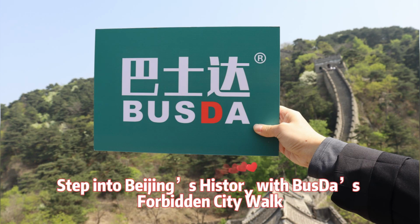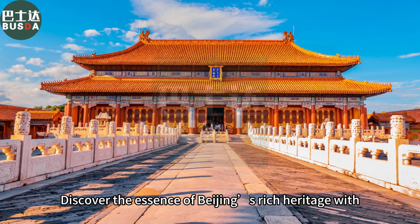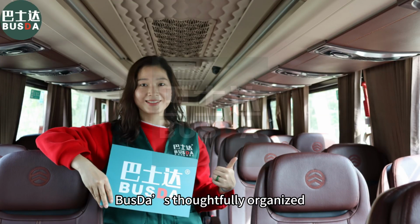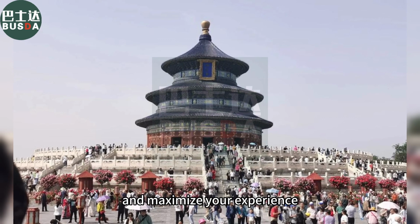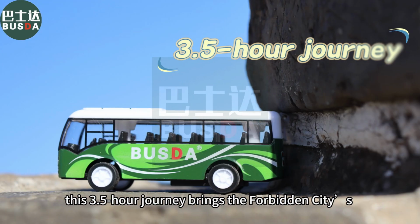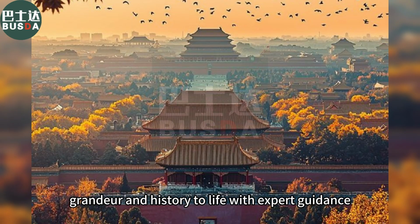Step into Beijing's history with BusDa's Forbidden City Walk. Discover the essence of Beijing's rich heritage with BusDa's thoughtfully organized Forbidden City walking tour, designed to accommodate your schedule and maximize your experience. This 3.5-hour journey brings the Forbidden City's grandeur and history to life with expert guidance and